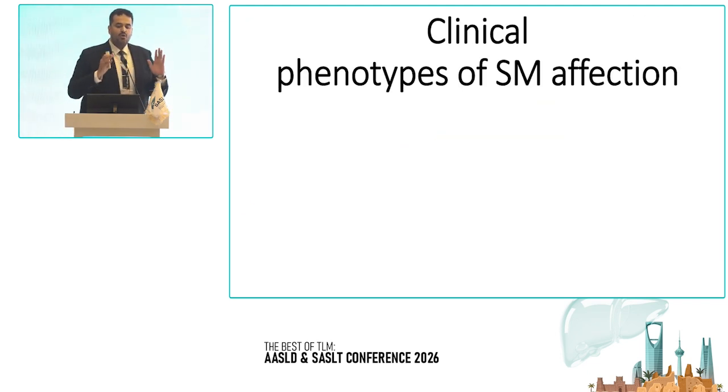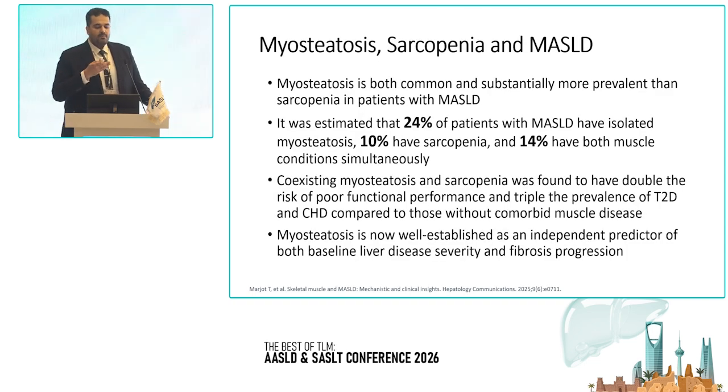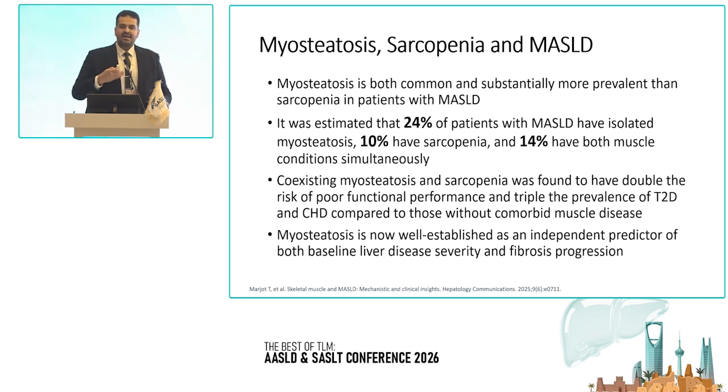So basically, now we have two clinical phenotypes of skeletal muscle affection with MASLD. We have myosteatosis, and we have sarcopenia and associated frailty. Myosteatosis is estimated to affect around 24% of persons living with MASLD, and 10% will suffer from sarcopenia, and the dual muscle affection will affect around 14%. And this has the worst